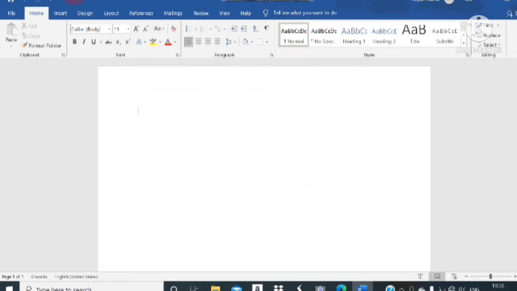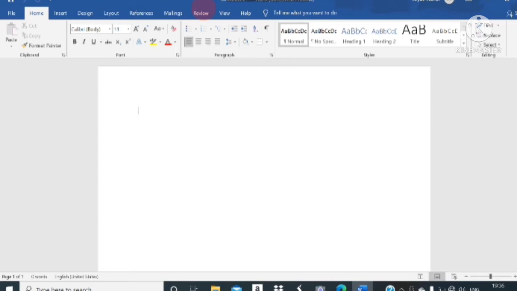So see here, this is called the title bar, where the name of the document will appear. Document 1 is given because I have not set any other name. After that, see here, these are the groups: clipboard group, then font, then paragraph group, then style group.